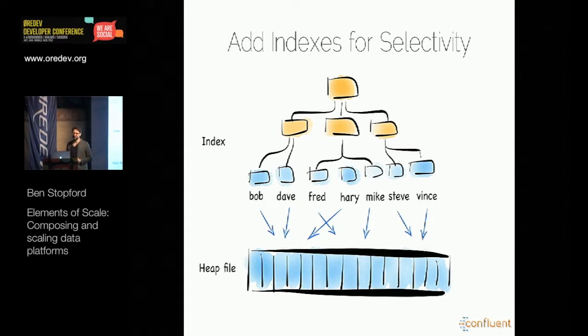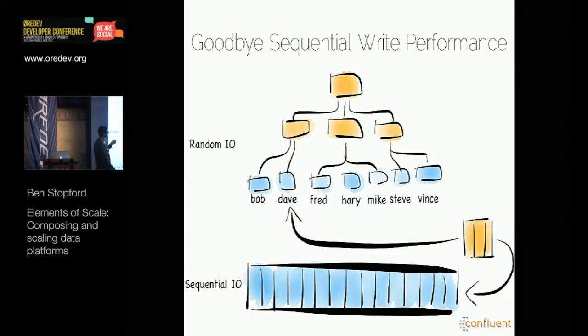In this case, we've picked a tree-based index. We could also use a hash index or a bitmap index. It doesn't really matter. We could actually just use the values with the offsets in a sorted file. That would work equally well from a read perspective. But our index is effectively going to have the values that we want to look up and some pointers into a heap file. This is nice because our heap files can now be append only, and we can use the index sitting on top of that.